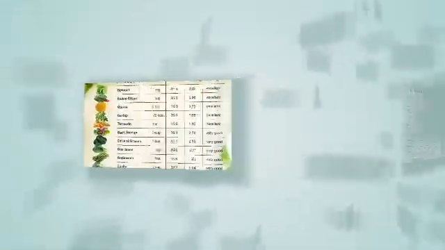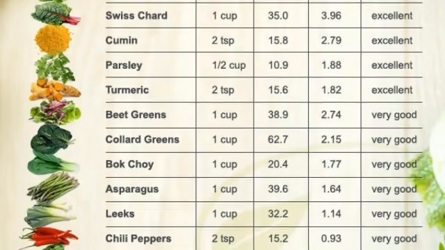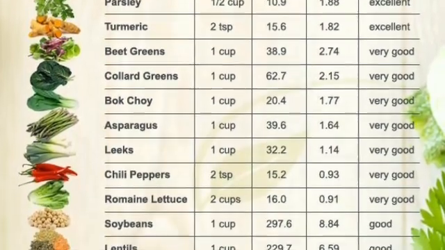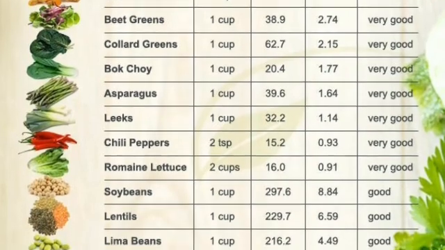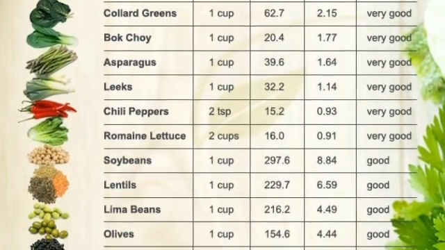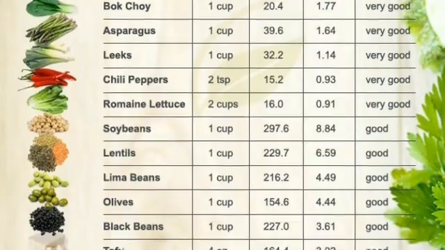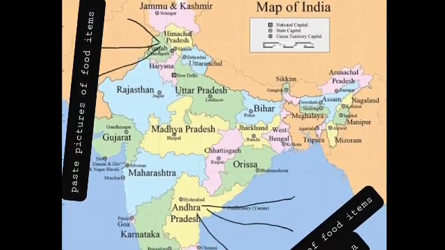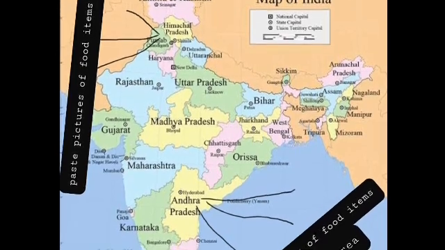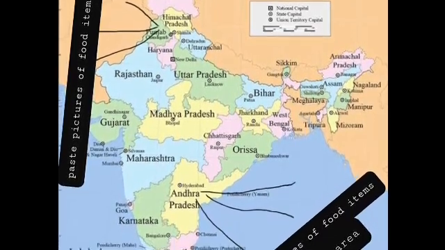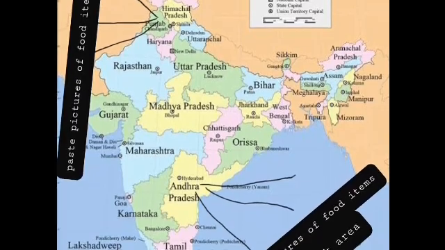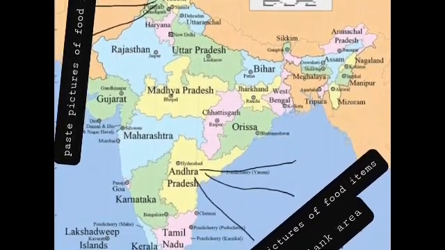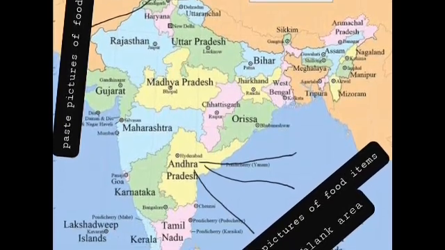And to make this page more attractive, you can draw the vegetables or fruits or food items, whatever you will take for the nutritional value, and you can draw those fruits or vegetables in the same way as you can see in the picture. And then on the next page you will take a political map of India, and in that map you will highlight the map of Punjab and of Andhra Pradesh. That means you will color the both maps.